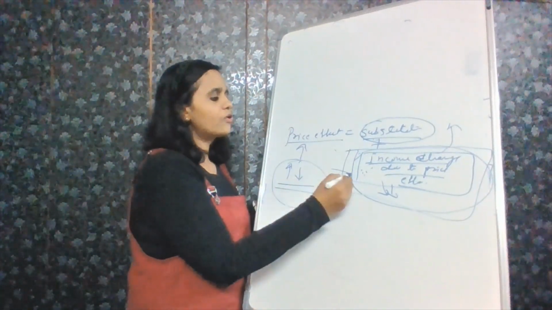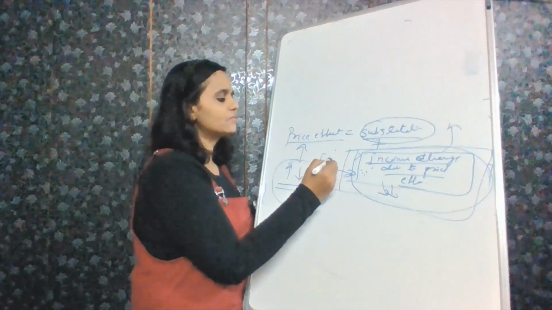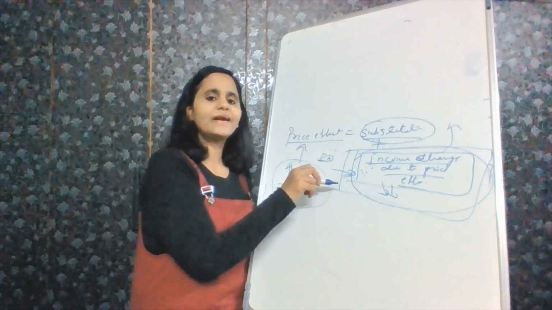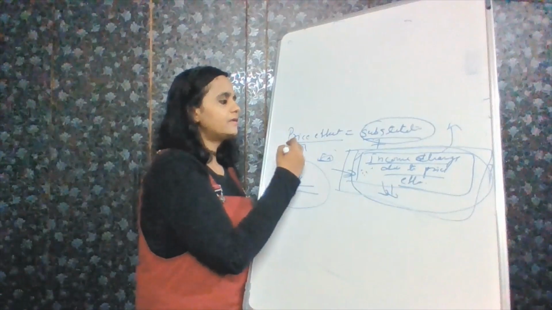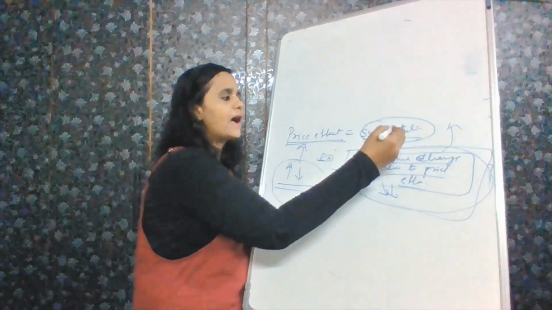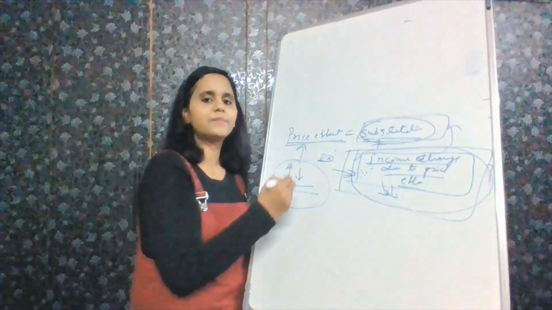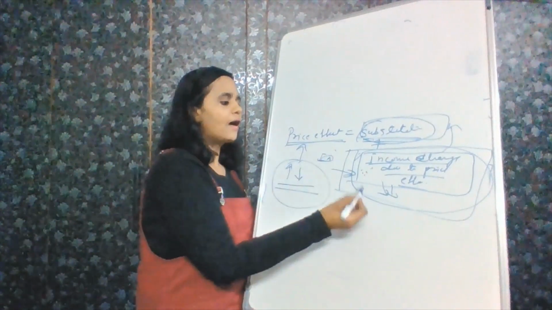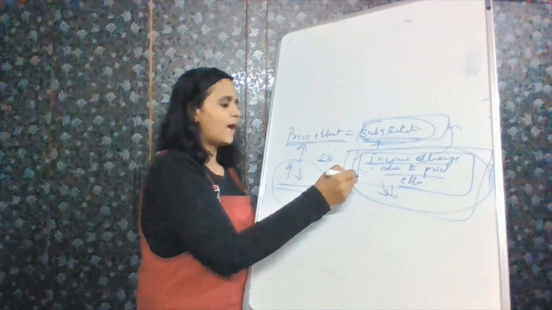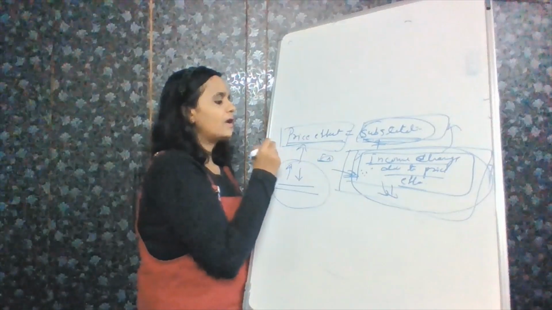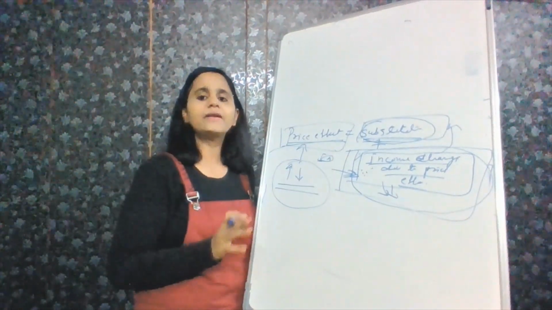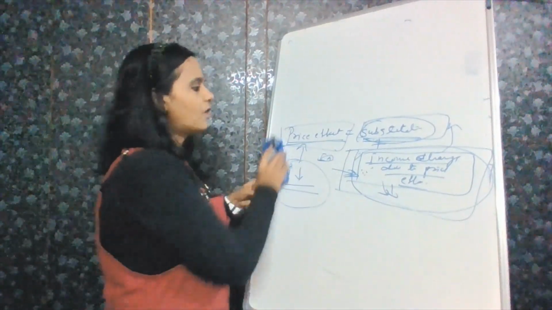That is called your compensation, your income compensation. What you are doing here is compensating your income change, and because of that, only the substitution impact is happening. Then you derive, after compensating for your income impact, what would be your price effect and what would be your ultimate utility for the consumer.